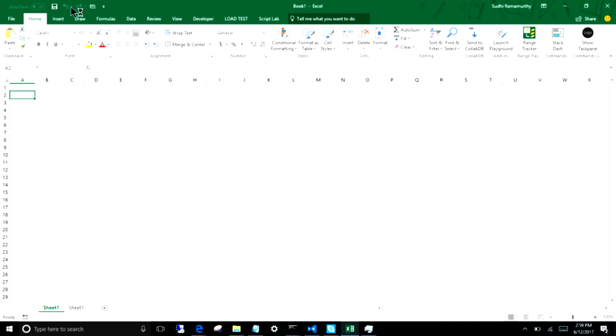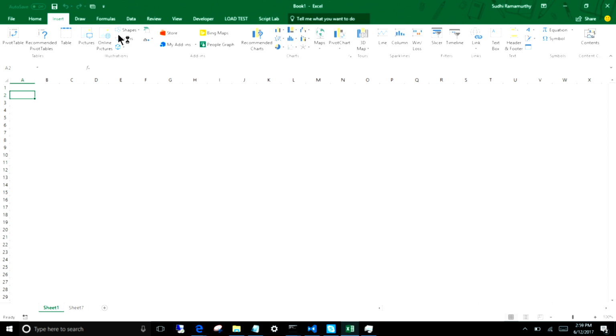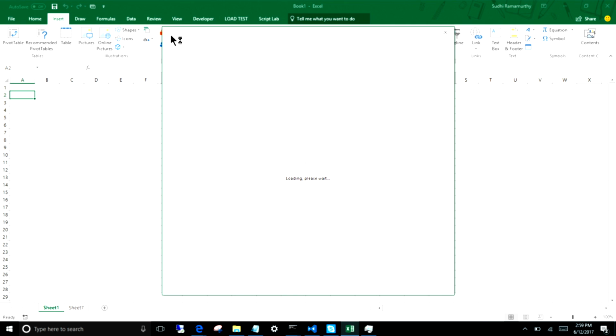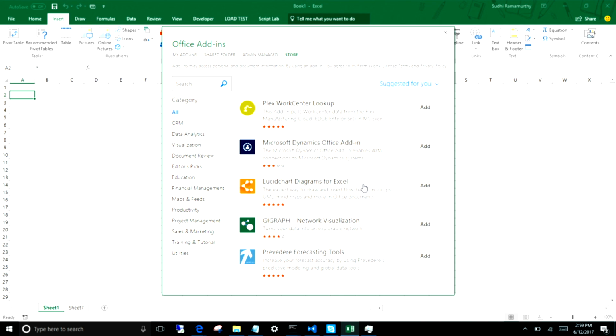If you're in Excel, you can go to your Insert tab and click on the store. This gives you access to the store, and here you can look at what's available through your administrator. You can also look at the store. In this case, it's bringing up the store website. And using the same interface that you saw, I can also query from within. So this is how an individual user would go acquire. So I'm going to search for